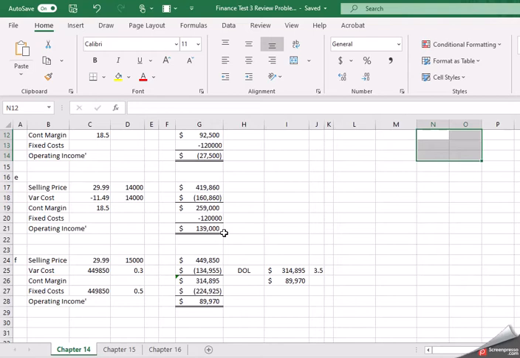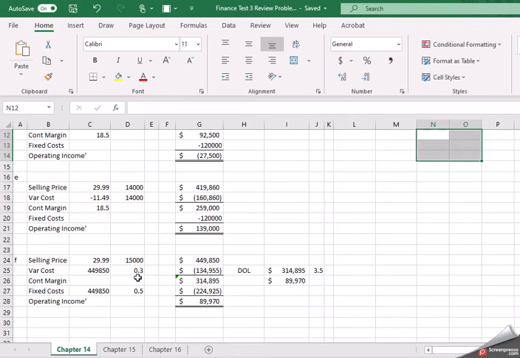Okay, then the last scenario is a little bit different. So the last scenario, instead of giving us dollar amounts of the variable costs and dollar amounts for the fixed costs, they give us a percentage. So they say compute the degree of operating leverage if 15,000 shirts are sold and the variable costs average 30% of sales and the fixed costs average 50% of sales. So my selling price is still the same, the $29.99 times the 15,000 units that they're telling me I'm selling. So then my sales comes up to